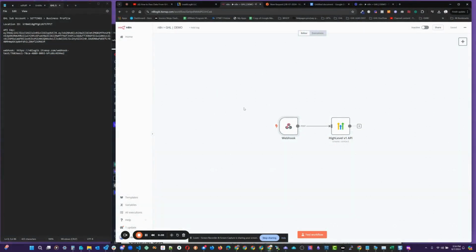Hey all, so we're going to do a little demo here of passing form data via a webhook and creating a contact in GoHighLevel. And so there's a couple things we need to do in order to set this up so that it'll work. Keep in mind, even though there's a few steps to do, that once you do it, it's done. You'll have your credentials set up in N8N, and you'll have, of course, a copy of your workflow,